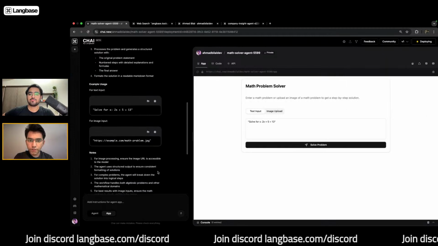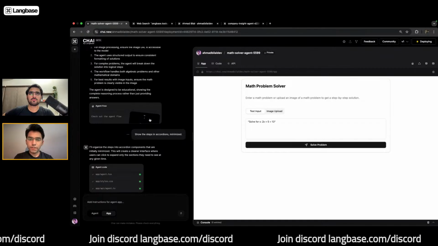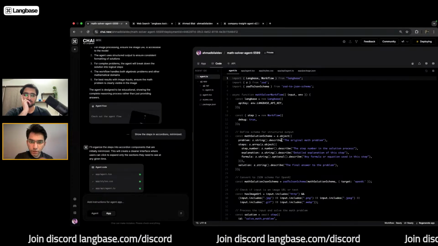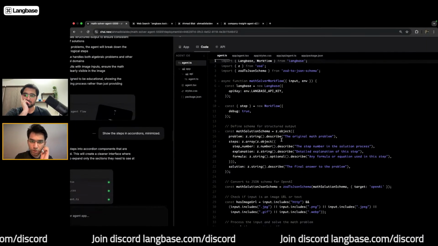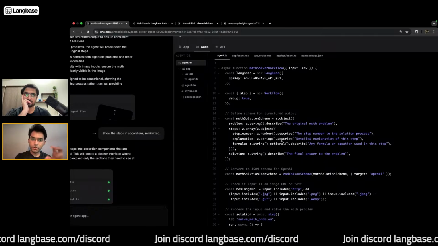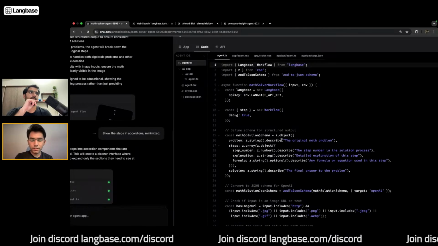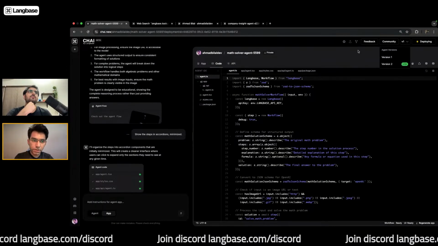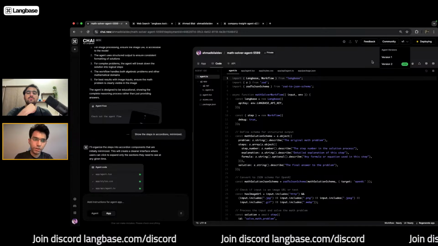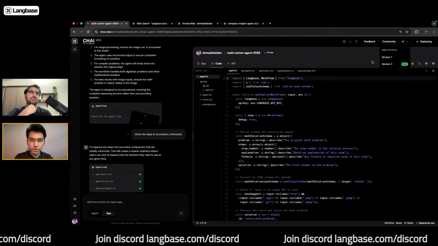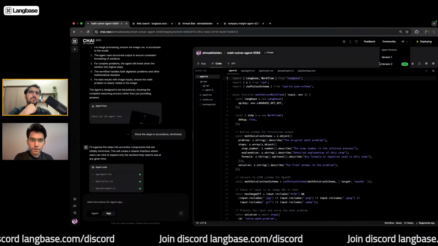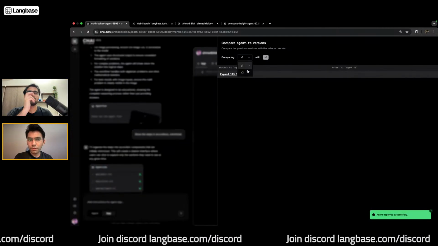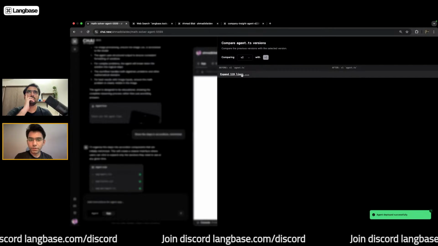So I think one other thing that we can probably mention is, since we don't have a lot of versions right now, you can also compare changes across versions. Since we only have version one, it probably won't work. But Bilal, can you click on the button right next to the copy icon, the compare button? Sure. So right now it's comparing version one with version one.